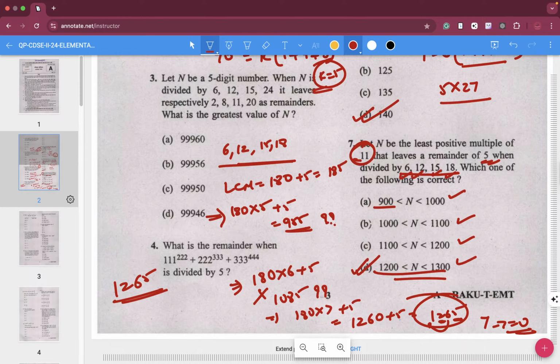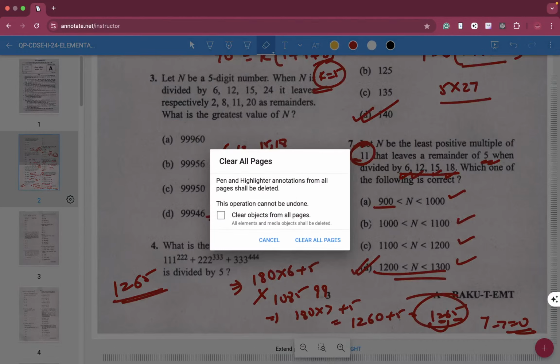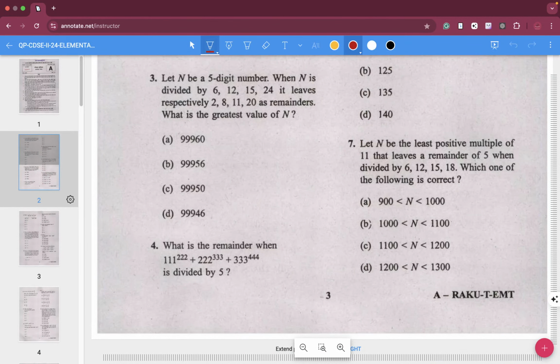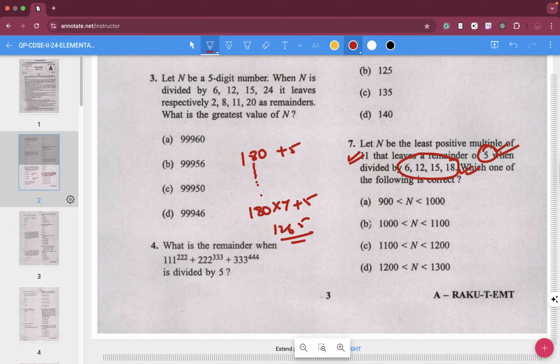All of you must have studied the HCF and LCM chapter. What we do is find the LCM of these numbers, plus this. We found the LCM, plus 5 was the remainder, but then that number has to be divisible by 11 as well, so we incrementally try to find the multiple. Over here we found that if we do 180 into 7 plus 5, which is 1265, this number was